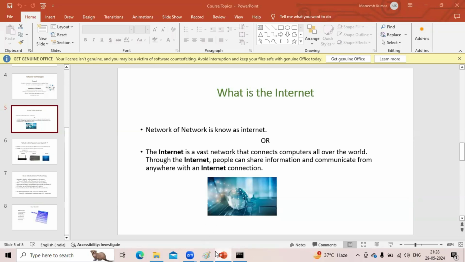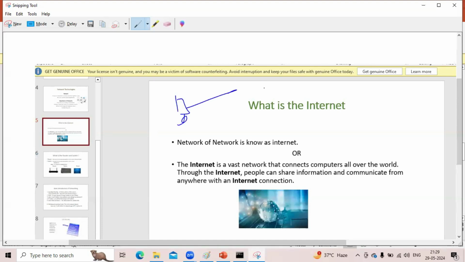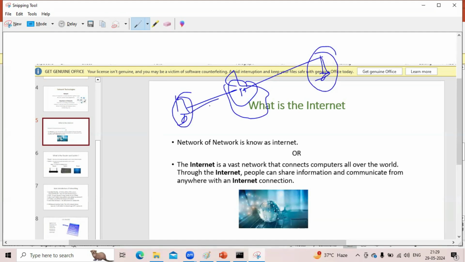Network means simply we have connectivity, right? Suppose this is your internet ISP. This is your internet. We are connecting one more device here. This is one PC, and this is another PC. The network means we just connected them through cables. We laid the cables inside the ground or in the air. We connected the devices. We just added the network parts, right?